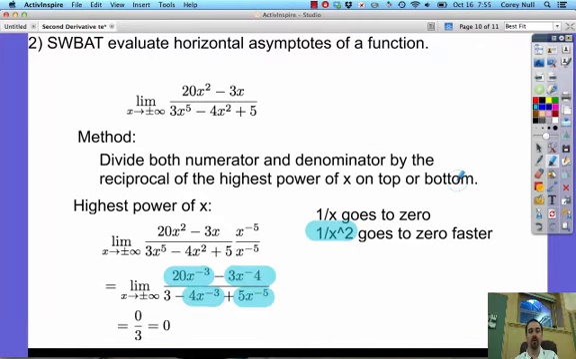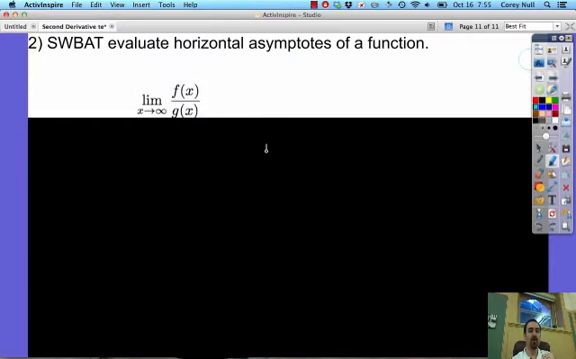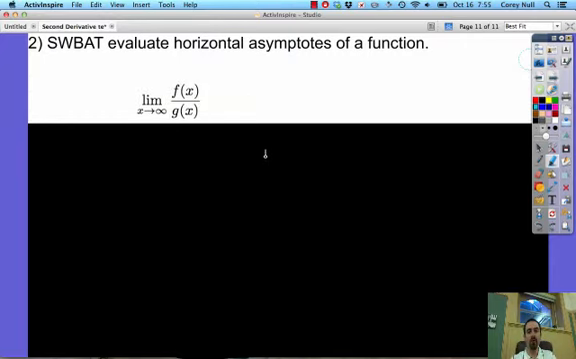So one way to evaluate these, and probably the best and most effective way, is to divide the numerator and the denominator by the highest power of x. Okay. All right. There's one other way we can look at this too. So whenever we're evaluating x going to infinity or x going to negative infinity for a rational function,